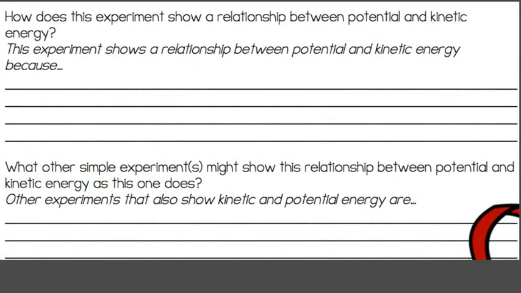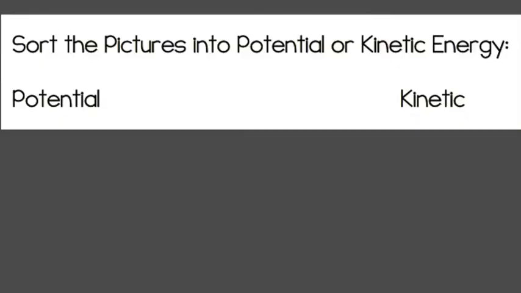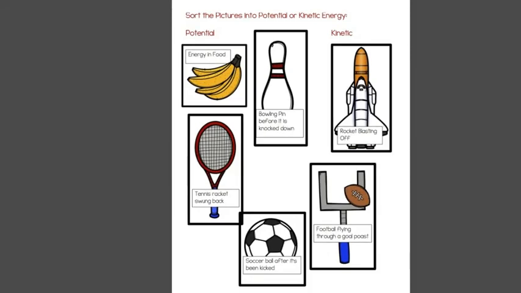What other experiments might show the relationship between potential and kinetic energy as this one does? So an example might be, does squatting down further make me jump higher? Does bouncing more times on a diving board increase the size of the cannonball? Something like that. Then you need to graph it. The type of graph you should use should be a bar graph because we're doing separate variables. And then our final activity for today, sort the pictures of potential and kinetic energy. Feel free to pause on any of these, and this is our answer key. So the energy in food should be